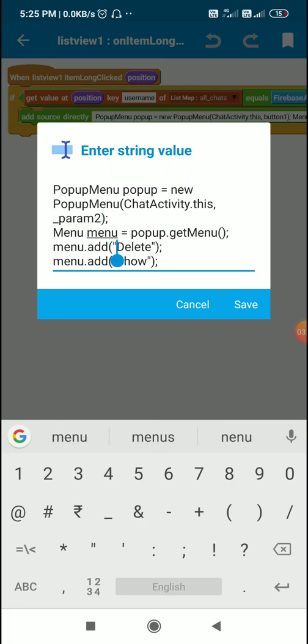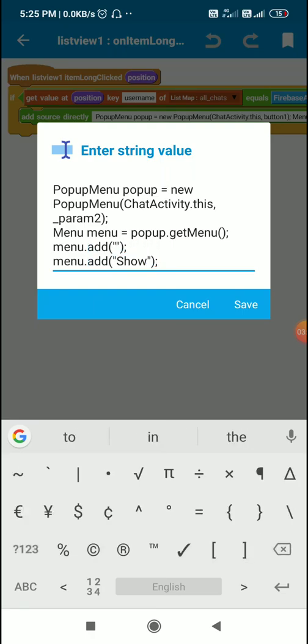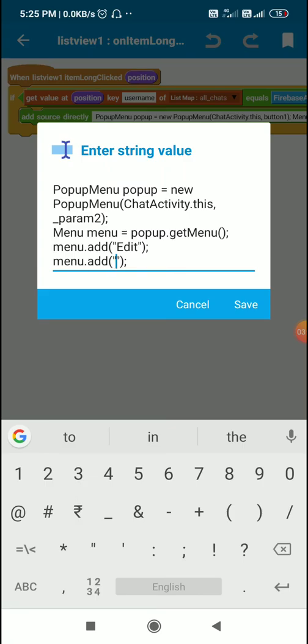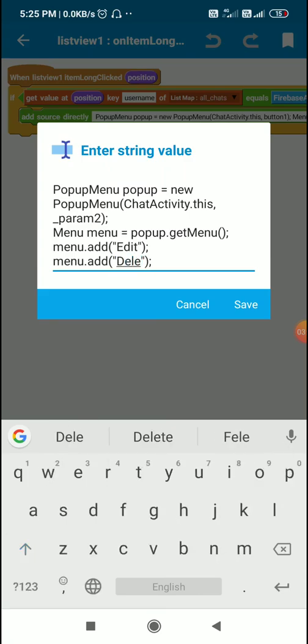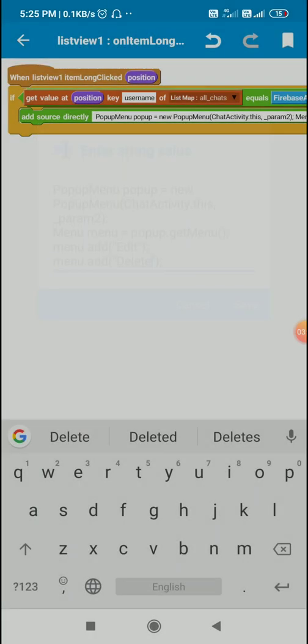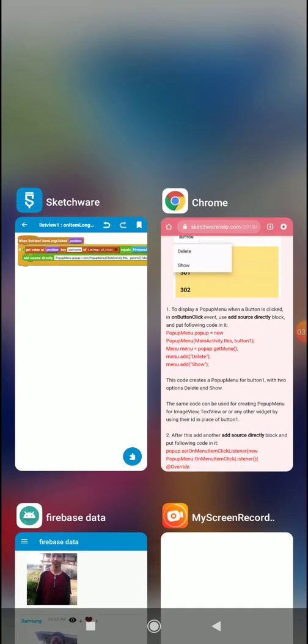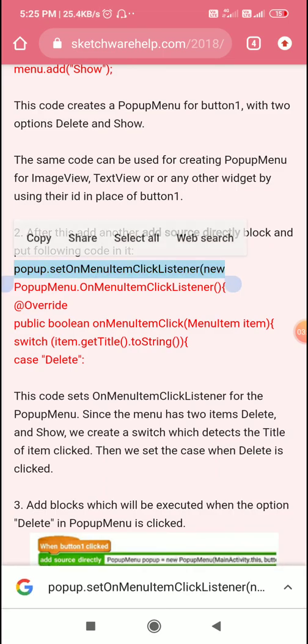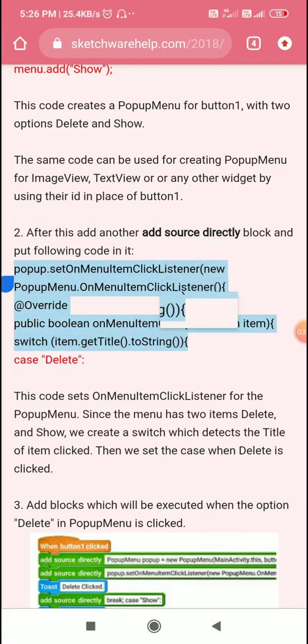Then menu is equal to pop-up dot get menu, and to this I add the options. First I will add edit and then I will add delete. After this we have to add the on menu item click listener for the pop-up menu.